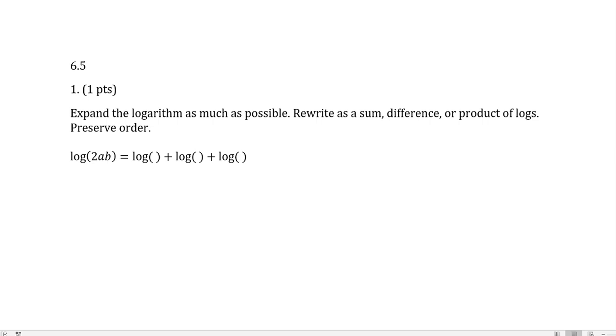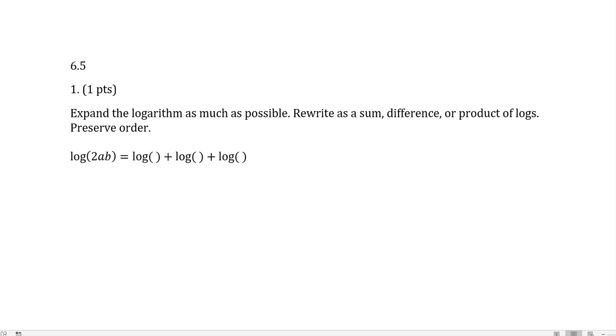In this video, we're going to work through some of the problems from the homework covering section 6.5, which is logarithmic properties. Let's start with expanding the logarithm as much as possible. We want to use the properties of logs in order to write it as a sum, difference, or product of